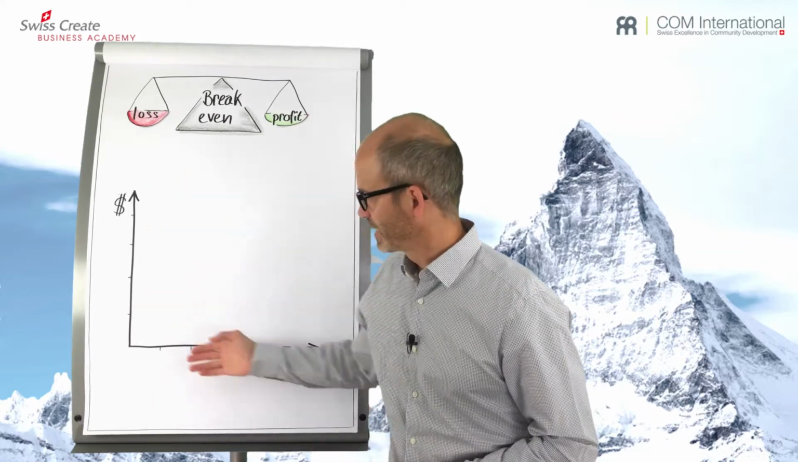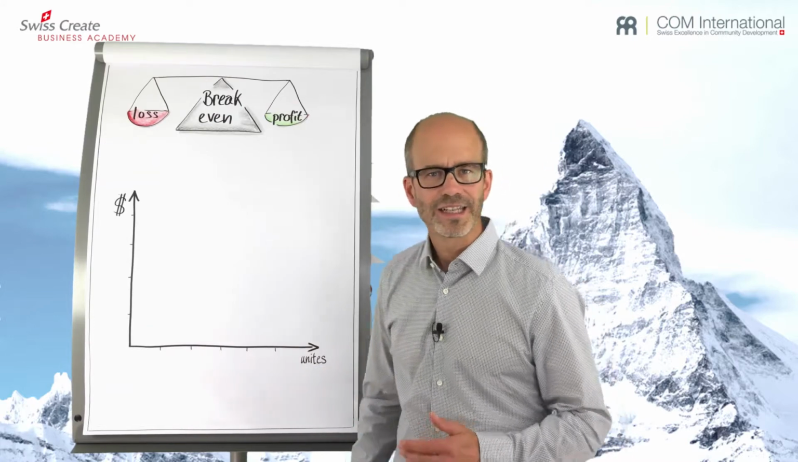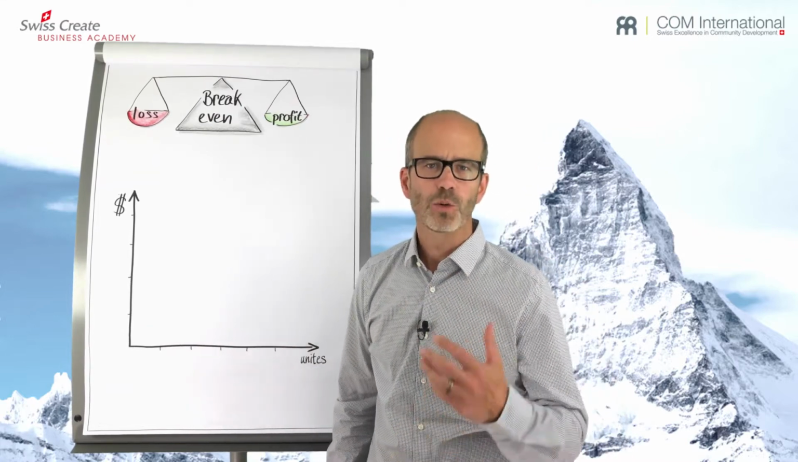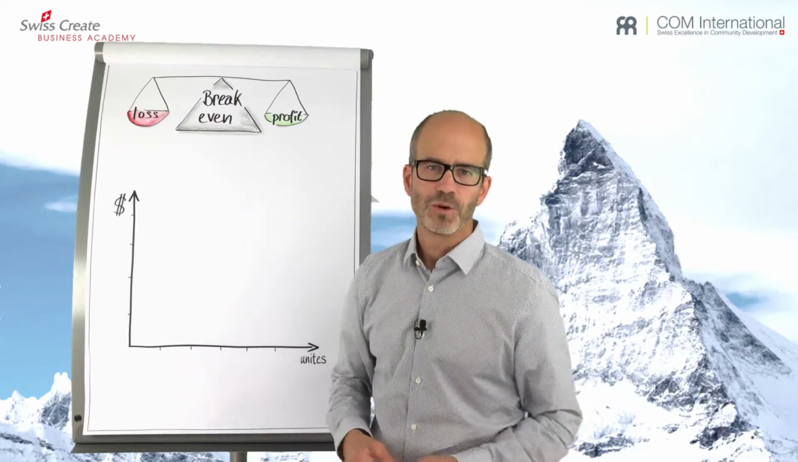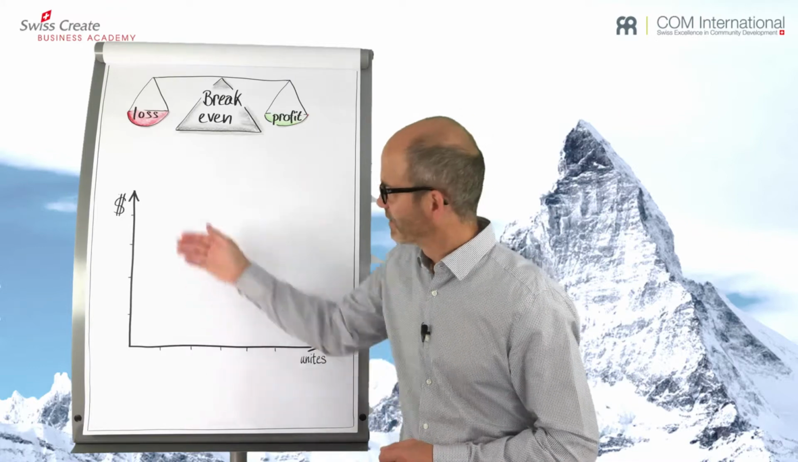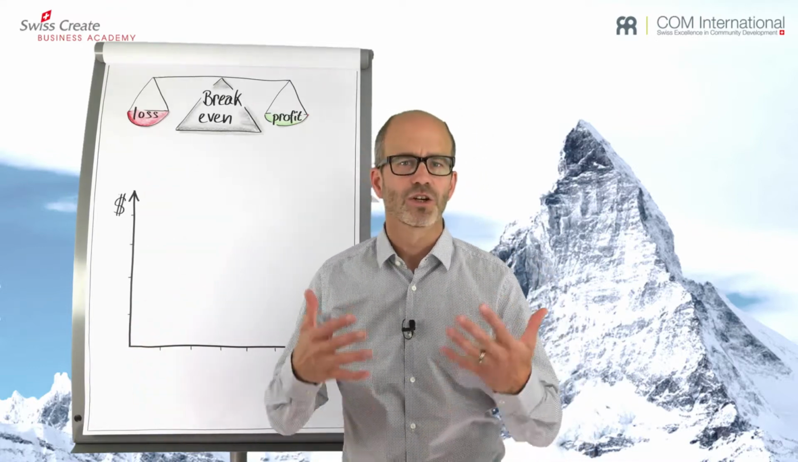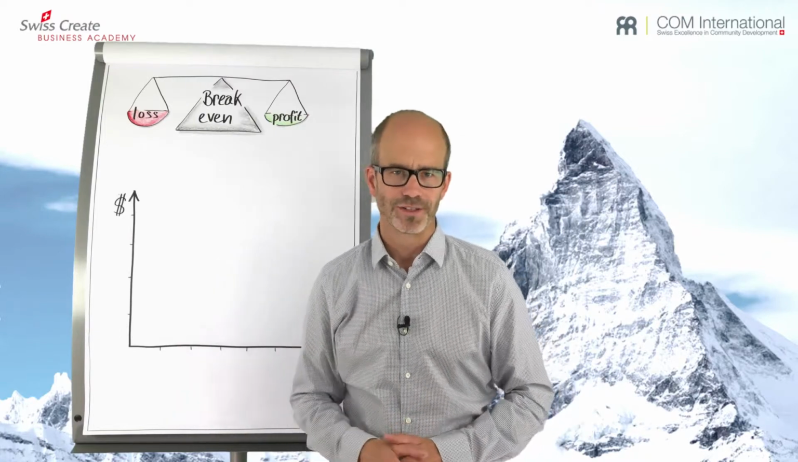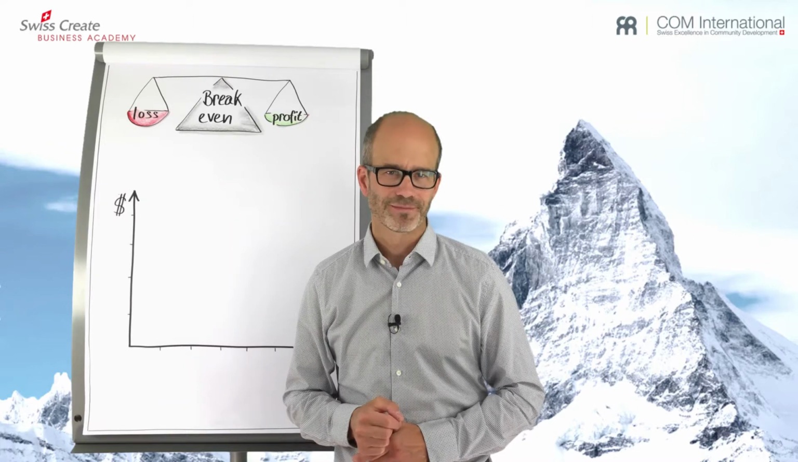And in my coordinate system, I have two lines. The horizontal line is the quantity line: quantity of cups of coffee, quantity of chairs, quantity of overnight stays in my hotel. And the vertical line is the money line, like costs, like turnover. And I have three elements in my diagram. First,